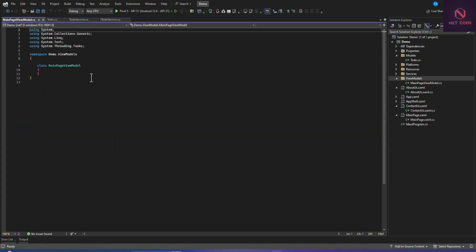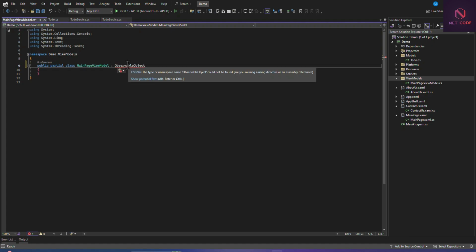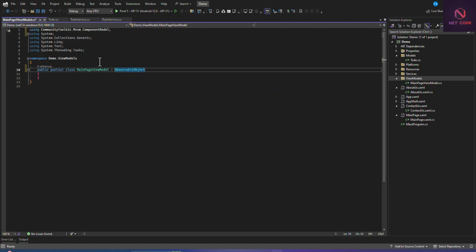So let's add this view model, and now here it must be a public partial class. The reason why is the inheritance that you're going to do, it must come from this. Okay, so it is a class already, so we're creating a part of it. Control period, we have to use this. Then let's see, so we have to call this. So let's call this instead, like this, and now let's take off this.